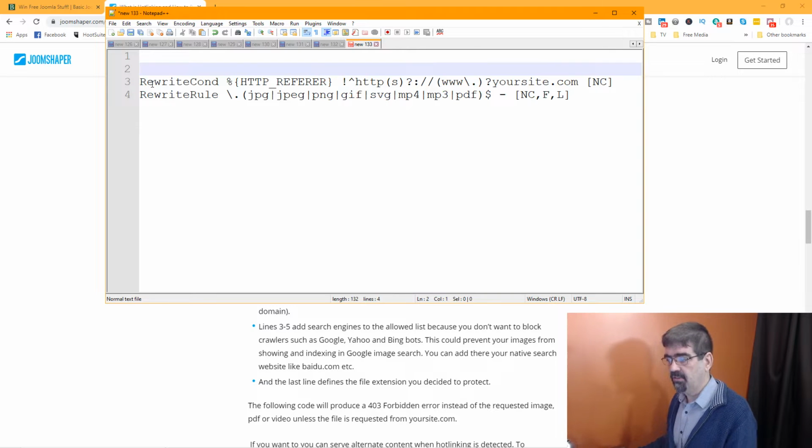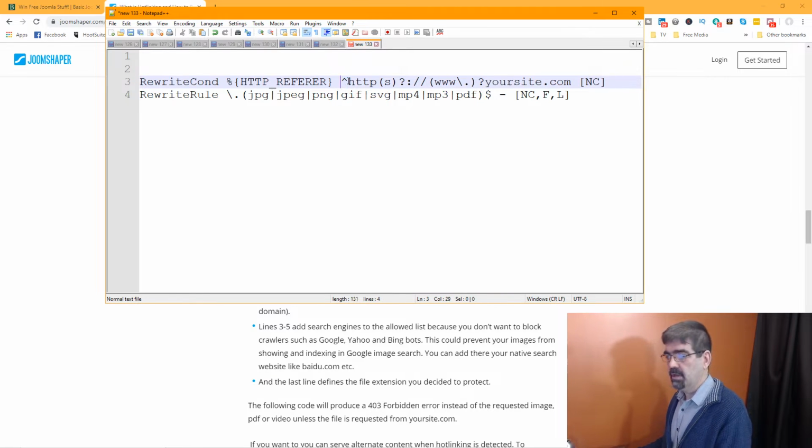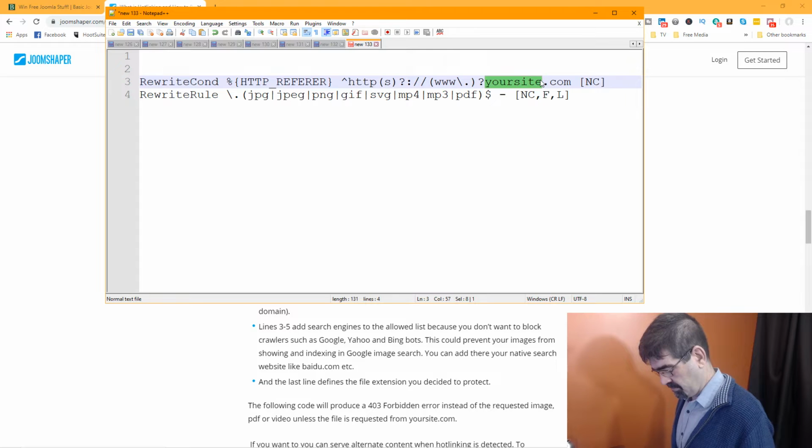Or rewrite if the referrer, now this exclamation mark means is not. So originally it says if the referring site, the site asking for your image, is not your site, then rewrite it. By taking out this exclamation mark, we are telling it to say if it is your site, don't allow the image to show. Now you wouldn't do that to yourself, but here's the thing: if someone is stealing from you,